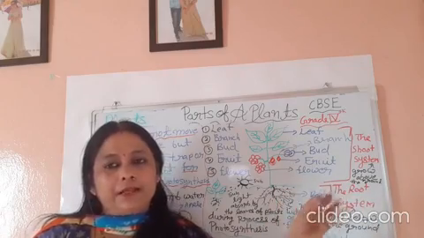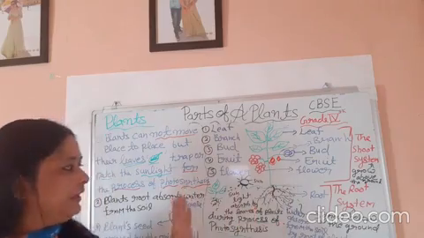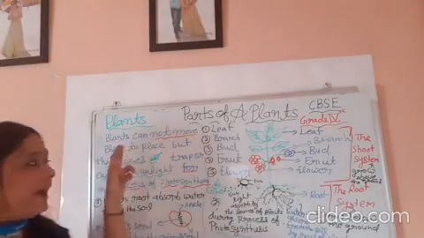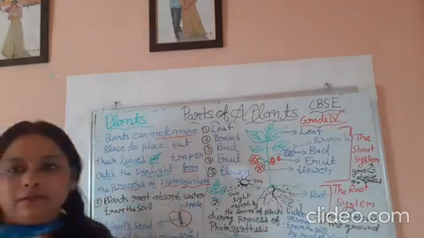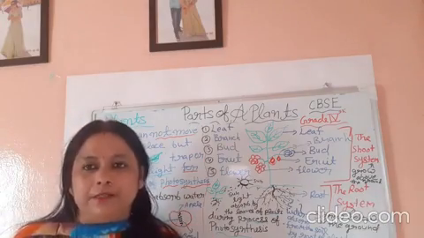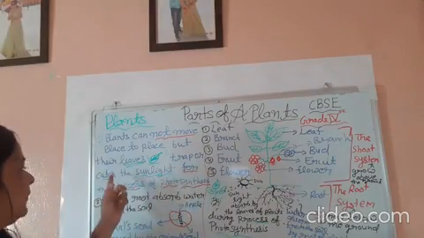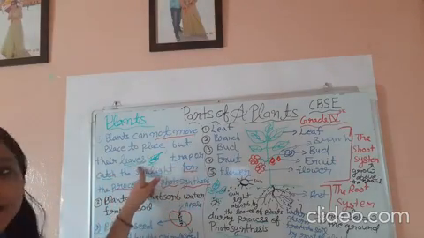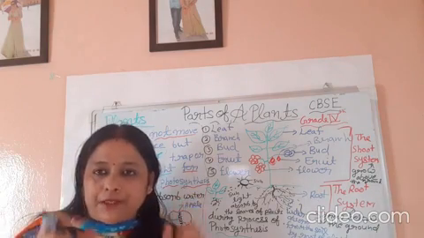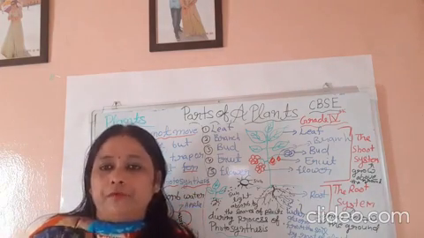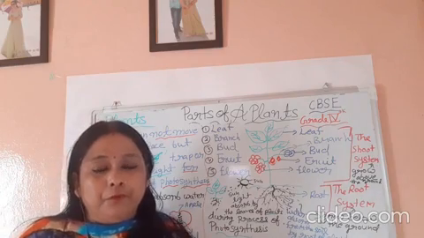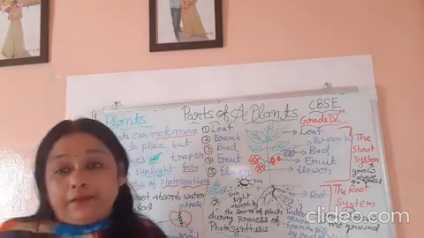We will discuss this topic in the next video. Here we only discuss the leaf, branch, bud, fruit, and flowers. Plants cannot move from place to place like human beings and animals, but their leaves trap the sunlight for the process of photosynthesis. Photosynthesis means plant leaves are capable of making their own food.